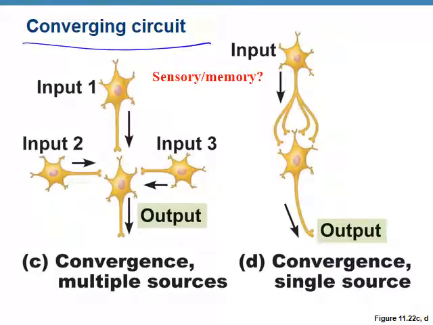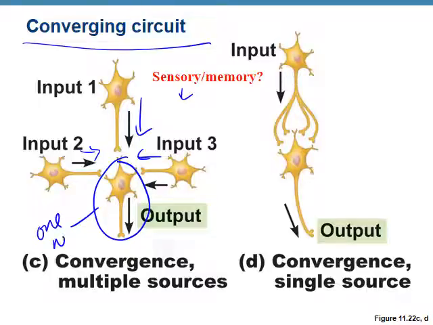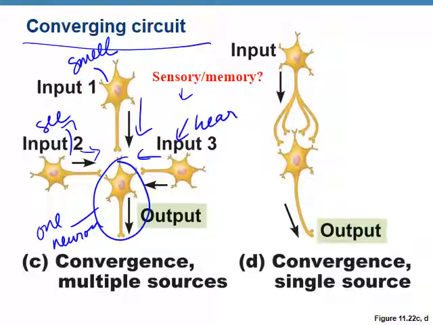We also can have converging neuronal circuits. So think of maybe sensory. So here's one input coming in, the second, and the third, and they're all converging on one neuron. So let's say this is I smell fire, this is I see something, like fire in the background, some light, and this is I'm hearing the crackling that sounds like fire. All of those sensory messages are going to converge on one neuron so that you can decide what you're going to do about it.